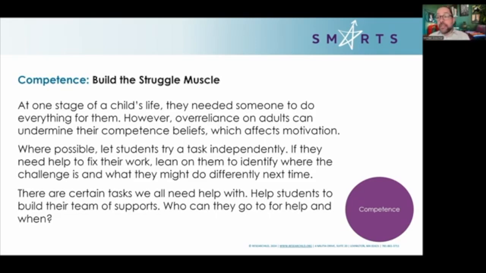But that makes them think that they can't do it. That's something that adults can do. They can't do it if they try. So we need to slowly pull back the scaffolds around the kid and let them begin to try these tasks more independently. They might need help to fix things up. They might need to do some analysis on something that didn't go well. But we can start building competence beliefs because we're going to start to build that belief that if I try, I can do it.